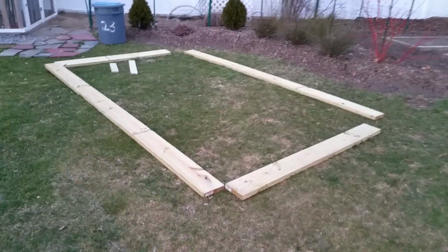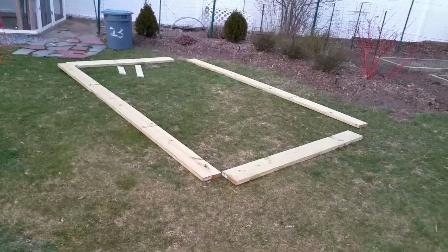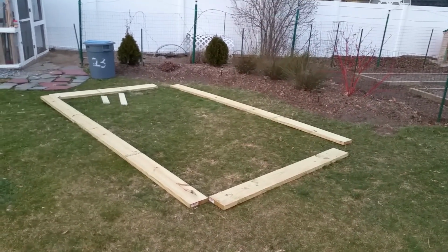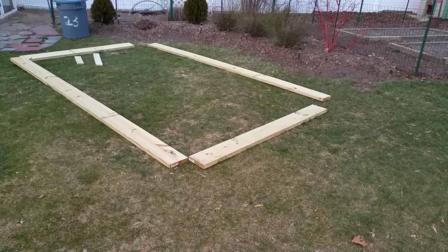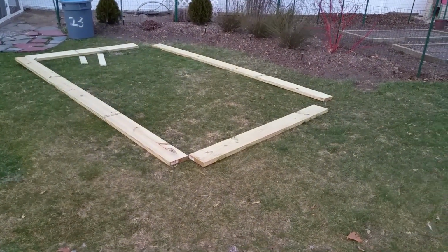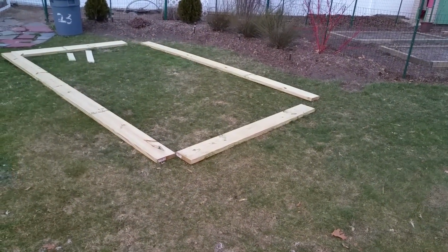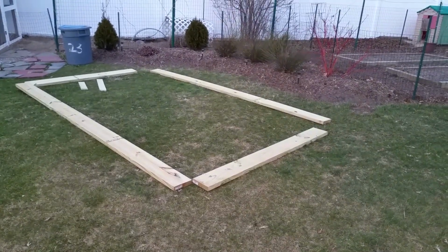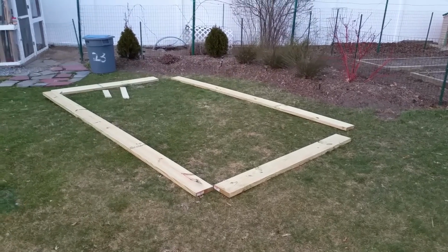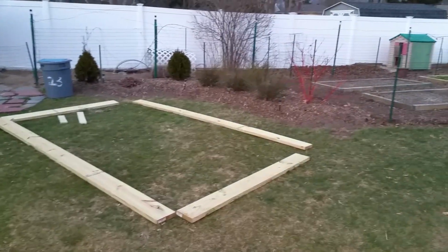I need to decide where I want to put this. It's kind of a big space, and I want it so that I can fit this inside it. This is 6 foot wide, I can make it 5 foot wide, and it would be a little more accommodating. But anyway, something that I'll have to figure out. Maybe I'll just go a little irregular in the shape and we'll see what happens. But that's what I got done today, and the